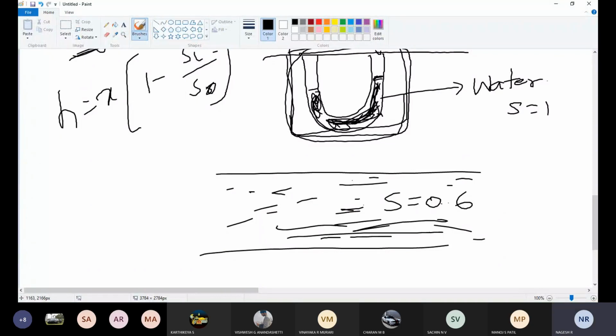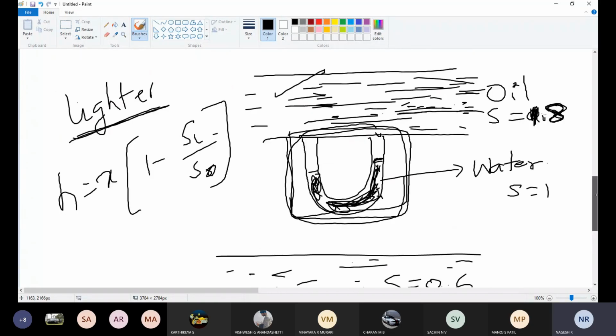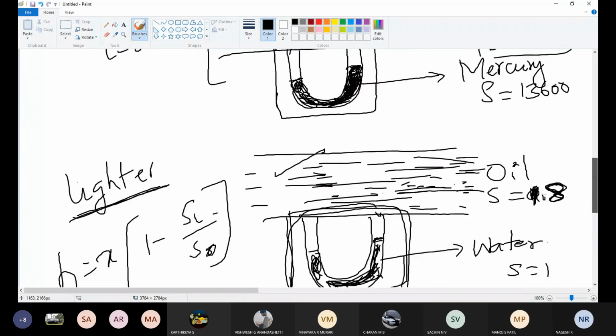The discharge is to be calculated, with 30 centimeter. So here we need to calculate the liquids also. I will take one formula based on the lighter liquid itself and then solve it, then you will get one clear picture. Do you have any doubt while considering this lighter versus this heavier?